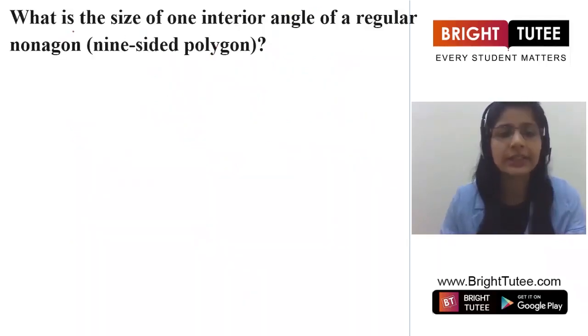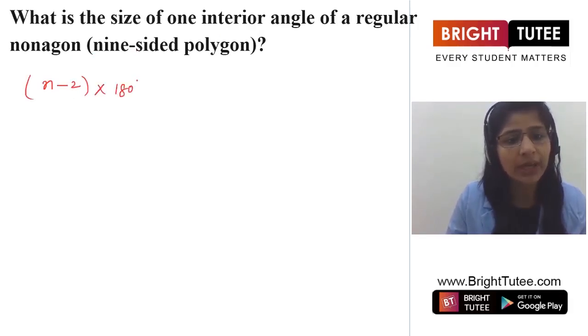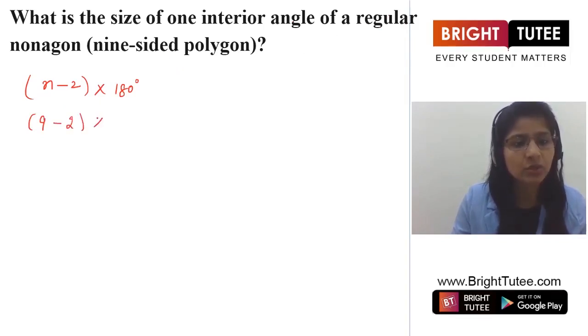Here is another question that says, what is the size of one interior angle of a regular nonagon? So if it's a regular nonagon, we know that the sum of interior angles is calculated as n minus 2 multiplied with 180 degrees. Nonagon means a 9-sided polygon, and we are asked about one interior angle, and it is regular. That means each and every angle will be equal. All the 9 sides will also be equal, right? So n minus 2, that means 9 minus 2 multiplied with 180 degrees. We get 9 minus 2 as 7 multiplied with 180 degrees, and it comes out to be